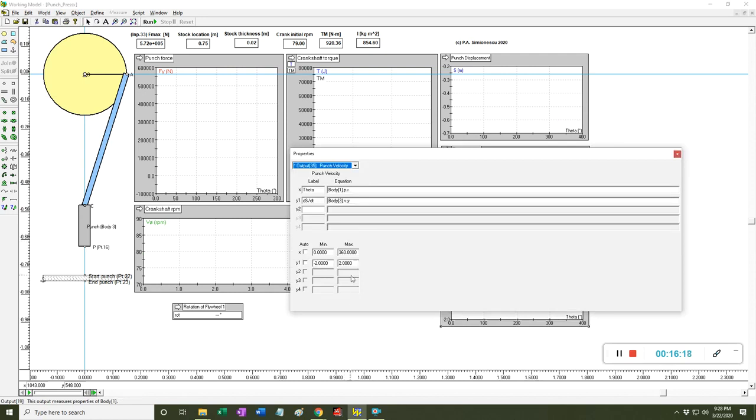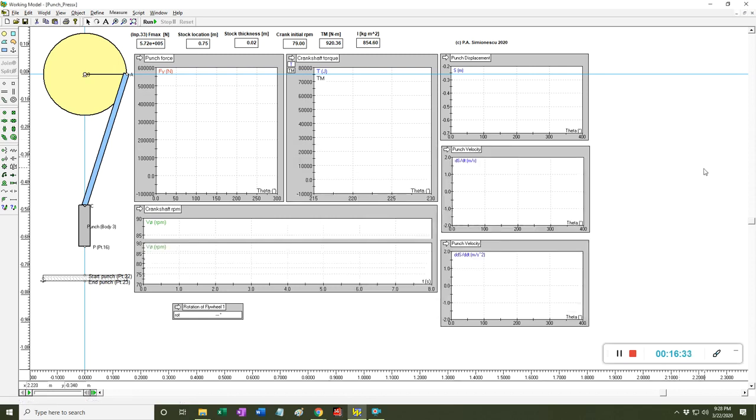How do I get acceleration? Say, or replace V with A, and this is, I could say dd, second derivative. And of course you would need to edit limits, but this is